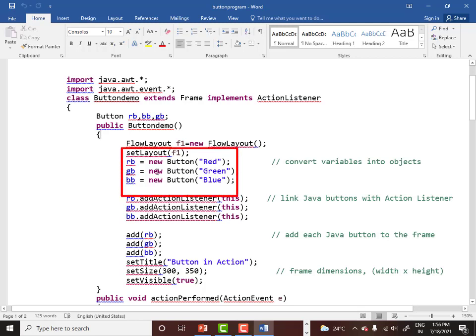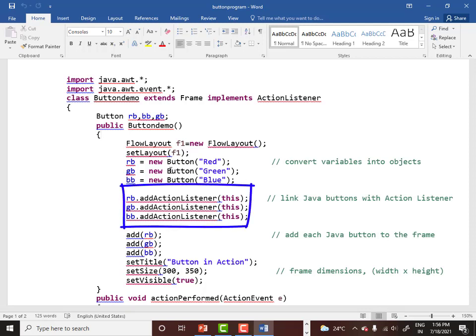When I am creating the buttons, you see that button is a constructor. So what happens on these three buttons, the strings red, green and blue will actually be printed on the button. Now we know that every button has to be registered with the action listener, because action listener is an interface which basically tracks the event of that button, or it listens to the button event. So here the button event is the click event.